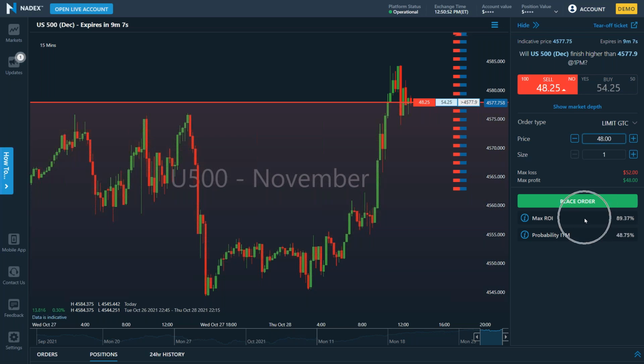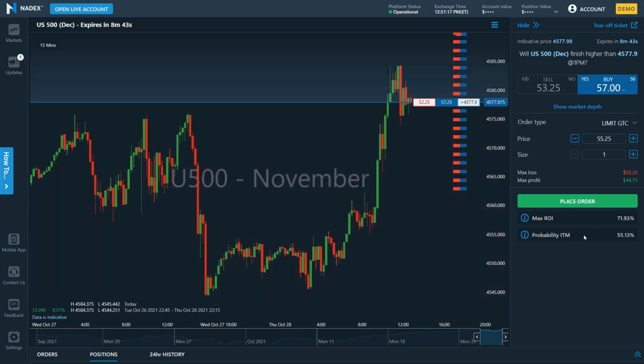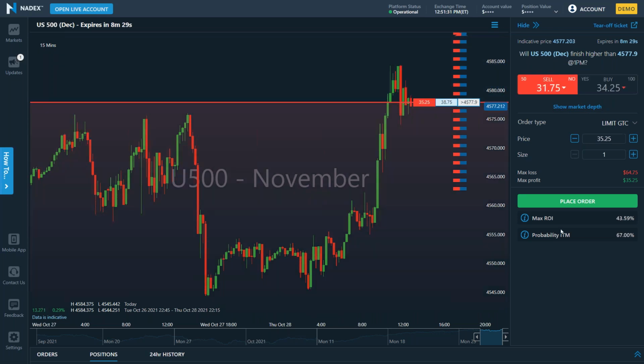But notice now my return, my ROI, it's calculating based off me selling one at the bid. And the probability of my success is going to be 100 minus the midpoint. Remember, I'm selling, so for my probability of selling, it's 100 minus the midpoint. If I'm buying, it's exactly the midpoint. That's something that has tricked people, but it calculates your probability of finishing in the money based upon the midpoint, whether I'm buying it or selling it.